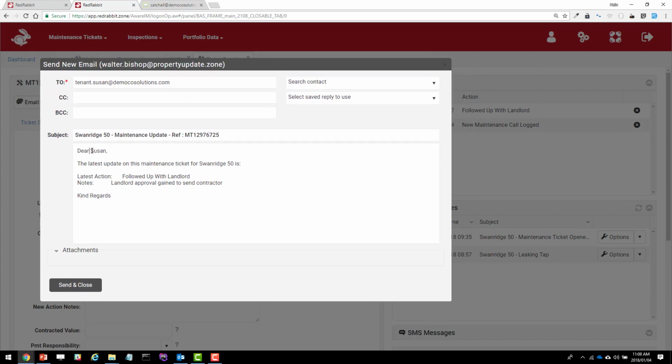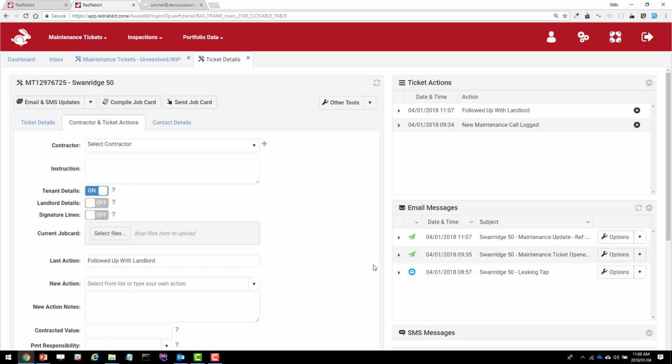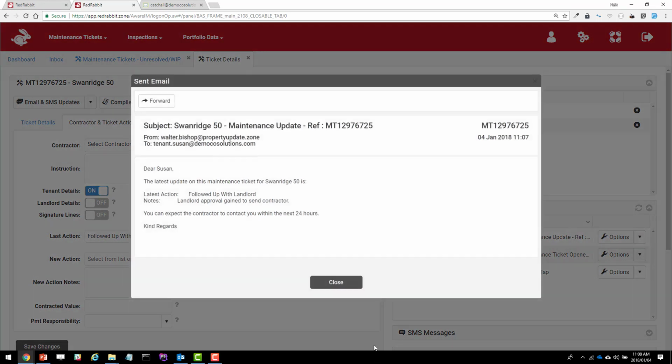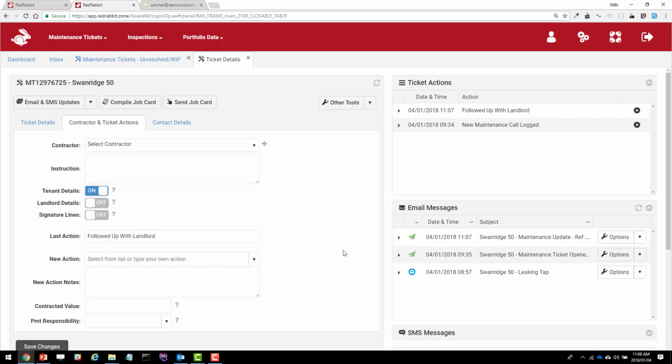In this case, dear Susan, because Susan's the tenant, the latest update on the maintenance ticket for Swanridge 50 is, and then it includes the details of that last action. Followed up with landlord, landlord approval to send contractor. So now you can edit this and maybe you can say, or something like that. And then we just click send. And there we go. So now that email is also logged in our email log, and the tenant has been